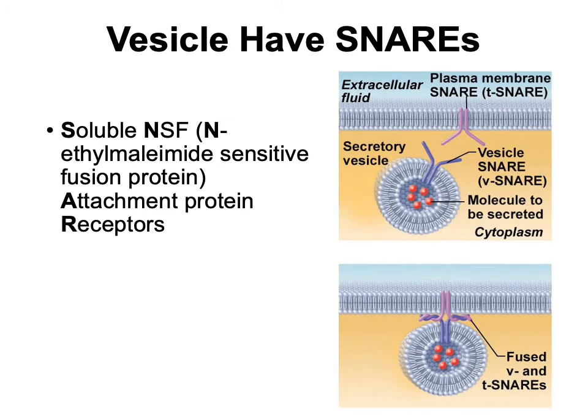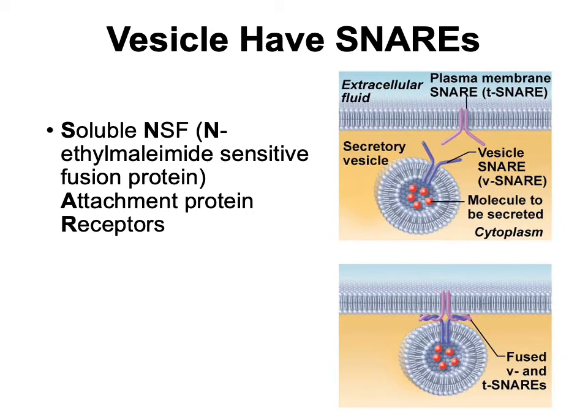Okay, vesicles have what's called SNAREs, and SNARE is an acronym for soluble N-ethylmaleimide sensitive fusion protein attachment protein receptors. I will only use the acronym SNAREs from now on, and that would be what I'd use in an exam as well. So I just want to draw your attention to the diagram on the right,